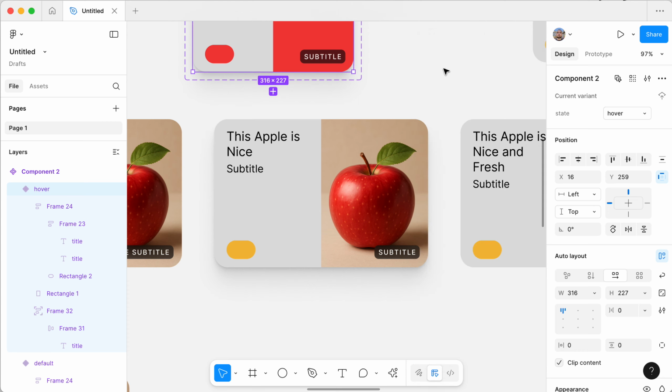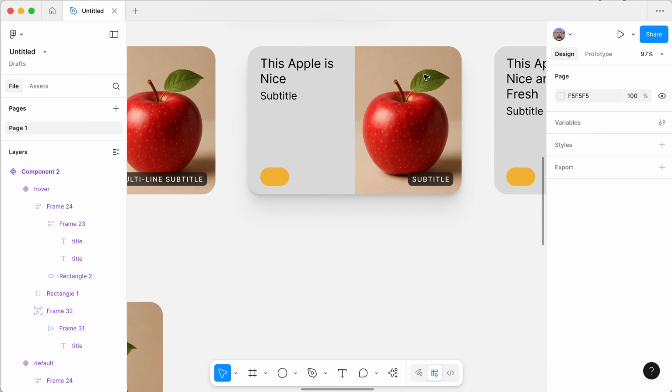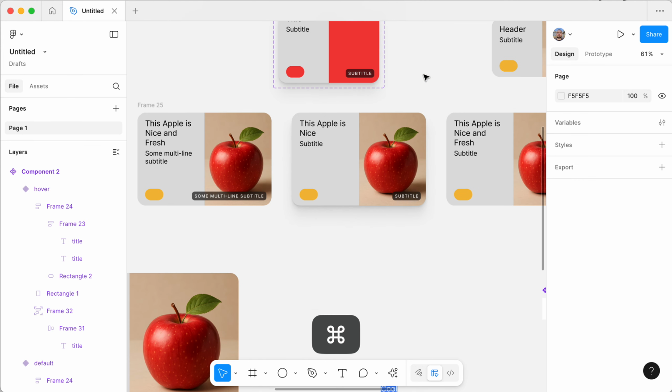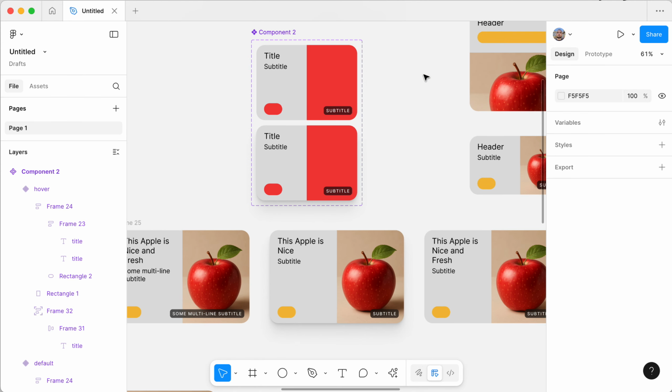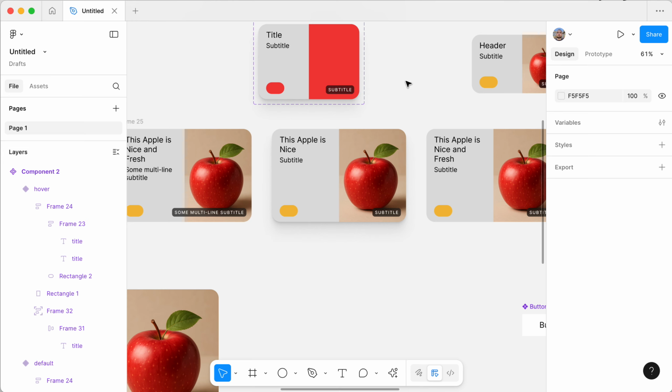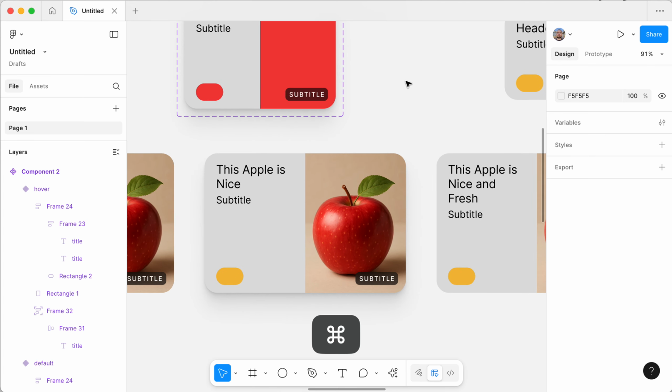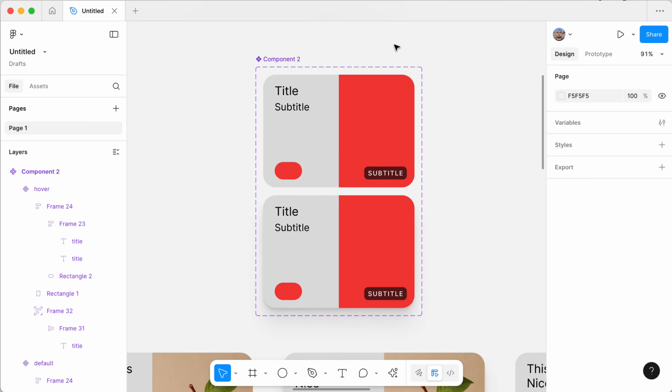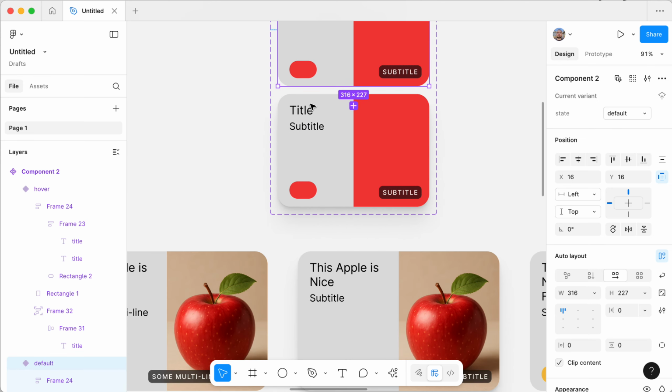Yeah, that's it. Yeah, it looks nice. I think good enough. And also,